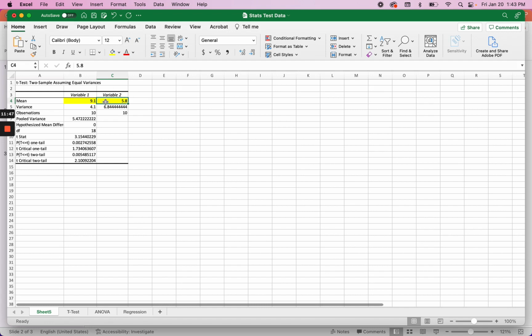Now, the most important number we want to look for when we are analyzing data is, of course, our p-value. And notice that we have two options for p-values here. Most of the time, we're going to be looking at this two-tail value. So this number is our magic number. This is telling us that our p-value is